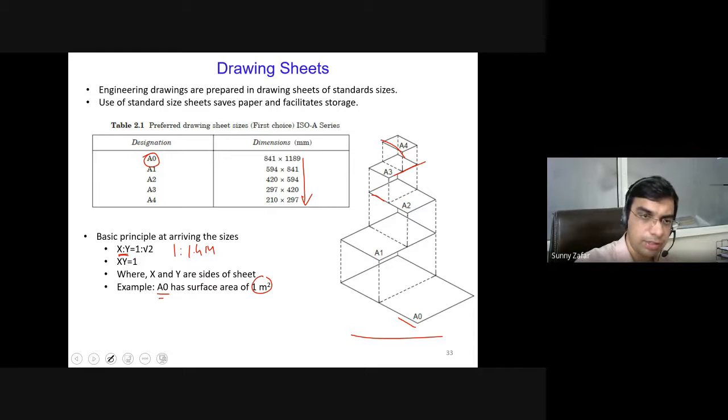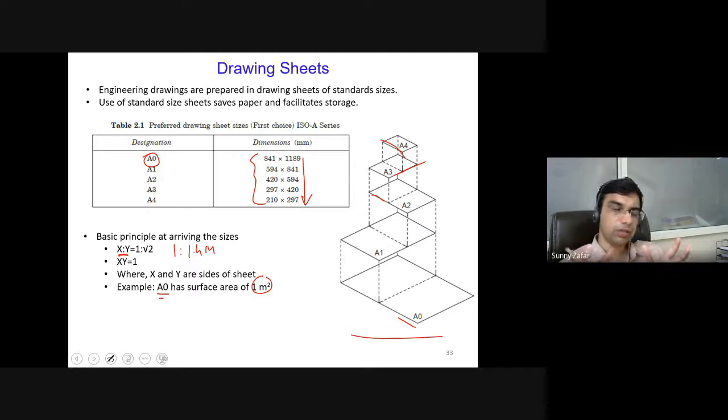What is important here is to know an approximate dimension of each of these sheets, so that if a component is given to you, you look at the rough dimensions of that component and you should be in a position to select the appropriate sheet for that component in order to draw its different views or to give the machine drawing of that component. This will only be possible when you know the approximate dimension of each sheet, and you can select the right sheet properly.